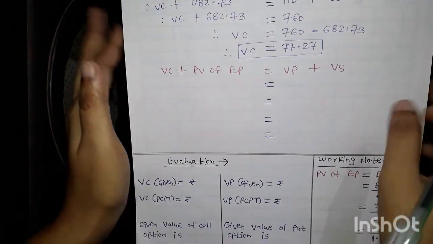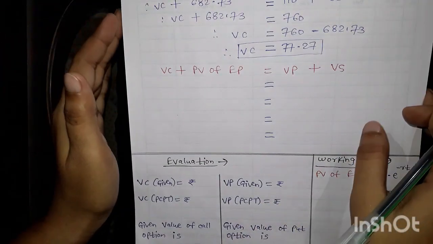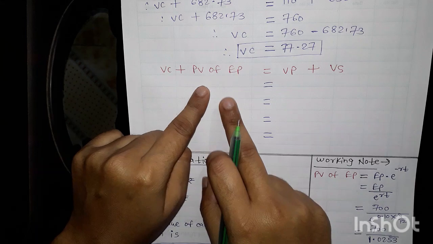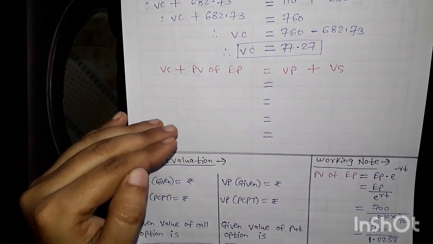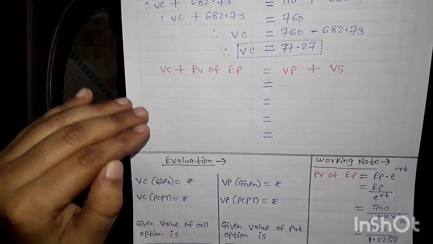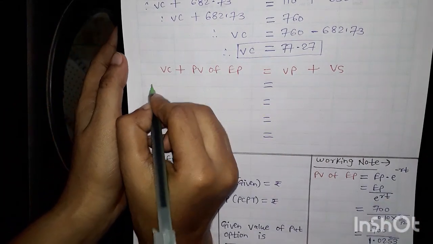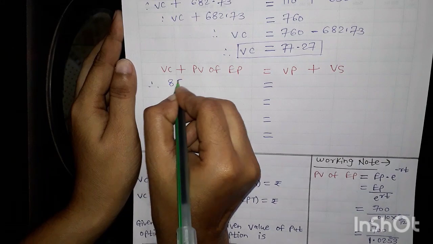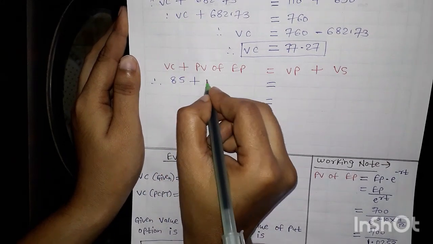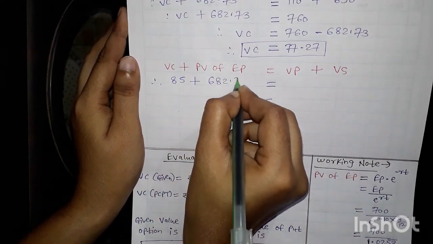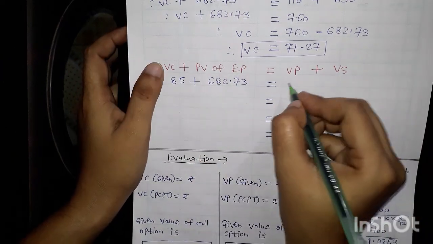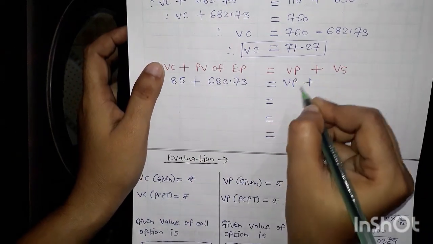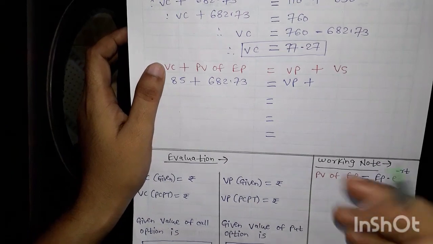77.27. Okay, so I got here. After that we will calculate the value of a put option. Okay, value of a put option we will calculate like this. So we will take the value of call option which is given in the question, that is 85, plus present value of exercise price, we know that 682.73. Okay, value of put option we are going to calculate, and value of a stock,